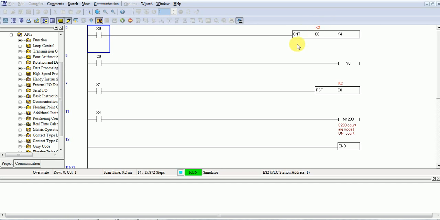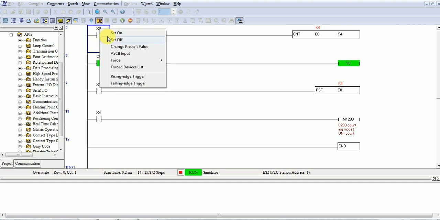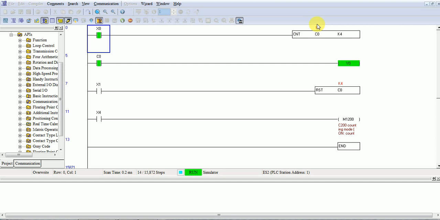K2 is the counter up. When the counting value, the accumulative value, is equal to the preset value, then the counter is on and this counter turns on our output. Now you again turn the input on and off, but this value will not increase.